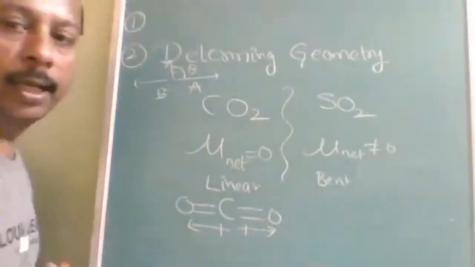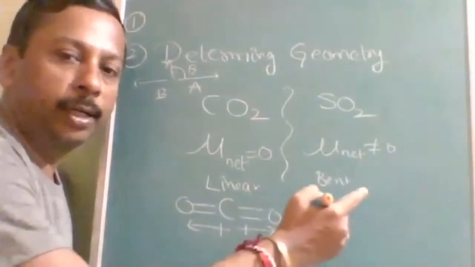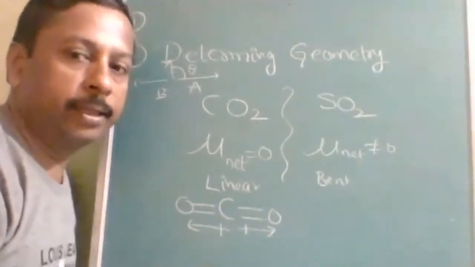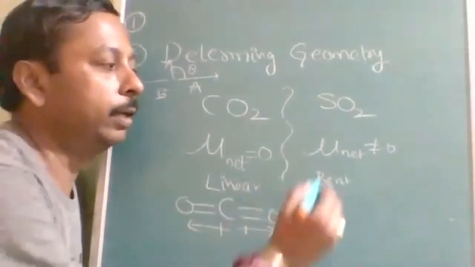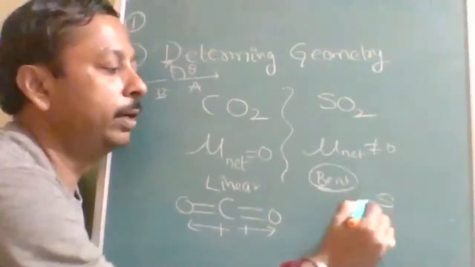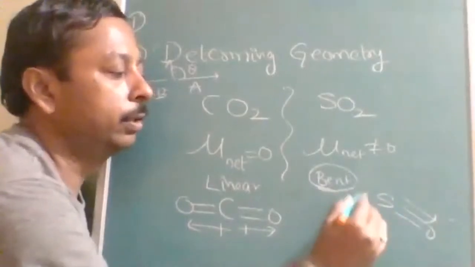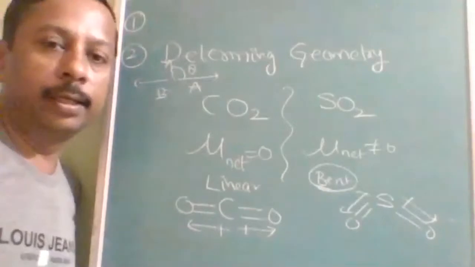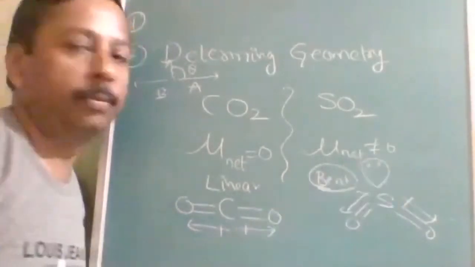So in CO2, this value is 0 because both dipole moments mu1 and mu2 are the same and the direction is opposite. So mu net will be 0. Here mu net is not equal to 0 even though the quantities are same. That means they are not exactly opposite in direction. There must be some other angle. Then they could find that it is bent shape. Then only the dipole moments are not getting cancelled. If the dipole moment gets cancelled, then they will think that it is linear. Not getting cancelled means it is non-linear or bent shape.